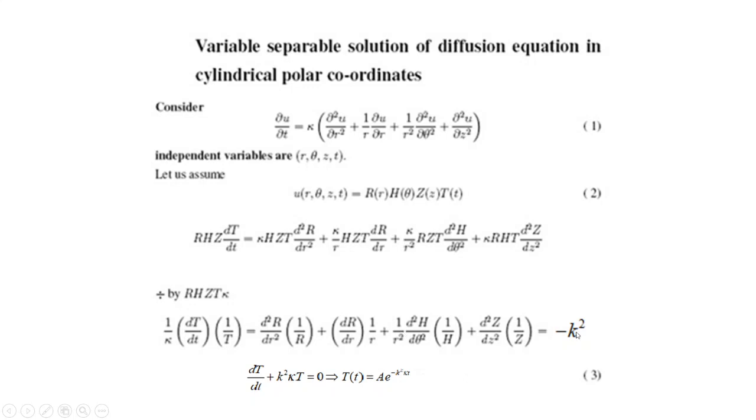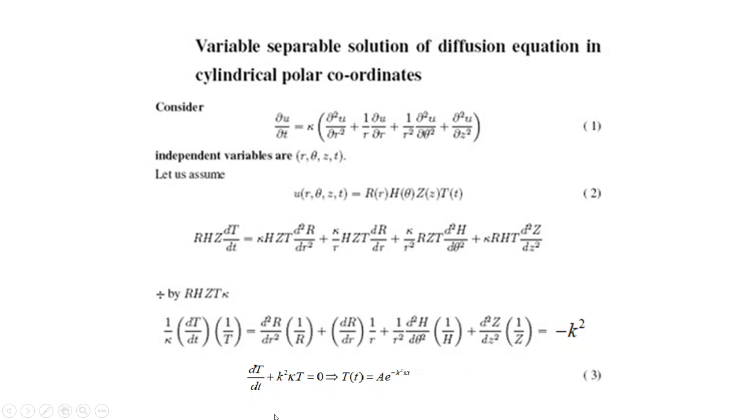So we shall take this constant to be minus k square. The argument for why we have taken minus k square, we already know: to get a physically relevant solution. So now equate the first term with the third term, and the second term with the third term. When you equate the first term with the third term and bring all terms to one side,